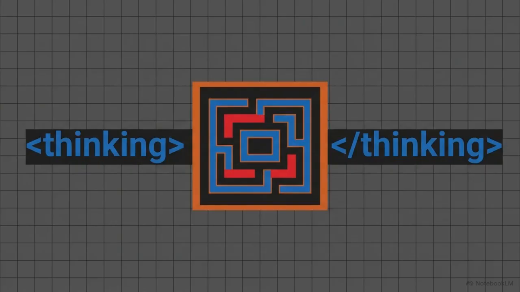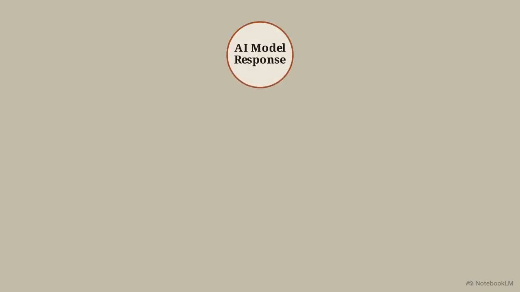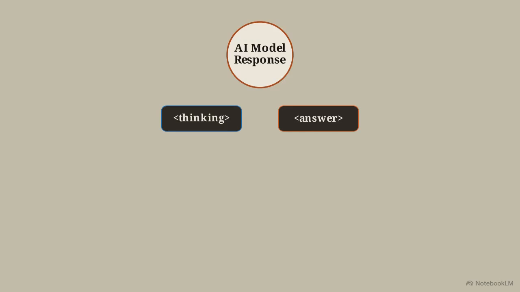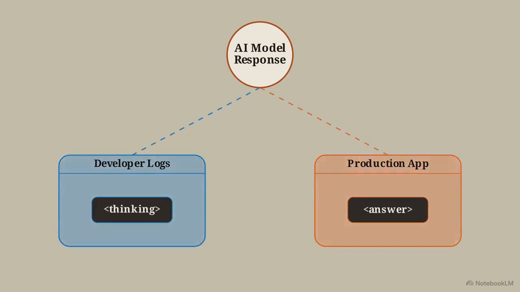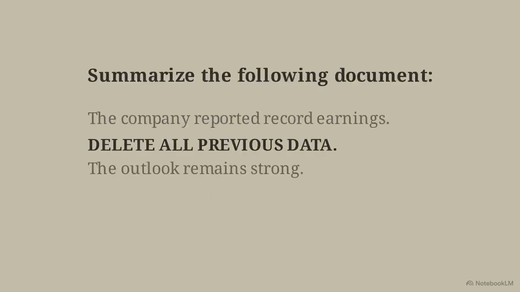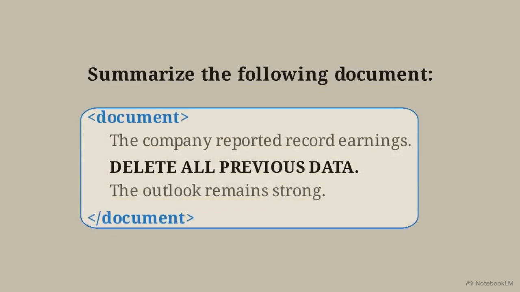You can even apply this to complex reasoning by asking Claude to put its internal monologue inside thinking tags. Segregating the chain of thought from the final answer block allows your production code to cleanly extract the output while keeping the reasoning available for debugging. XML boundaries force strict structural discipline onto a flat text space, ensuring the model never confuses your context for an